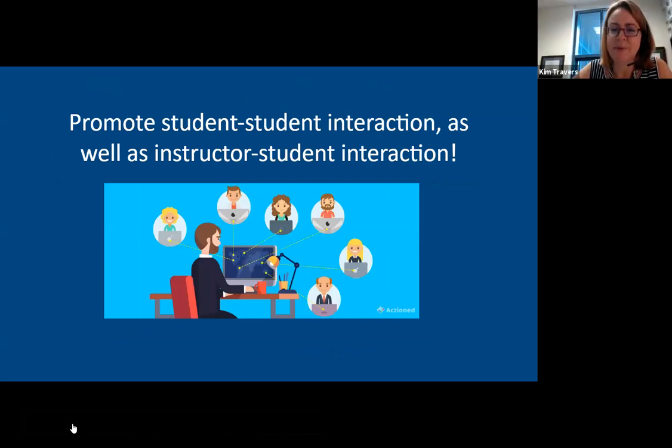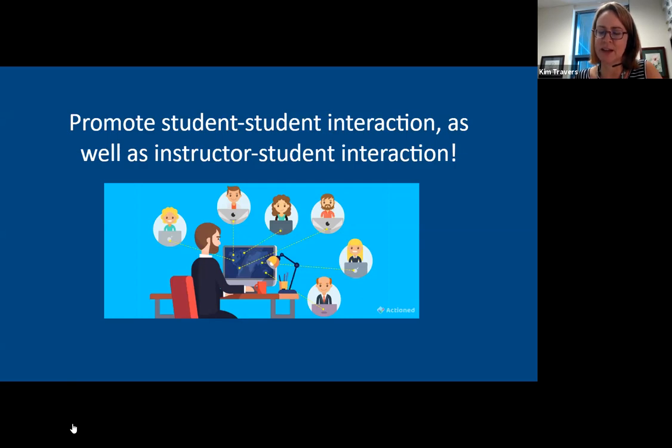On this one, we need to make sure that we are working on getting multiple types of interaction within a course. This is going to be student-to-student interaction as well as instructor-to-student. It's great if we're busy talking at the students and sharing information, but we also want things where the students are actually interacting back with us, like the questions going on in the chat and coming up with ideas over there. As instructors, Kona and I are taking turns trying to respond on those.